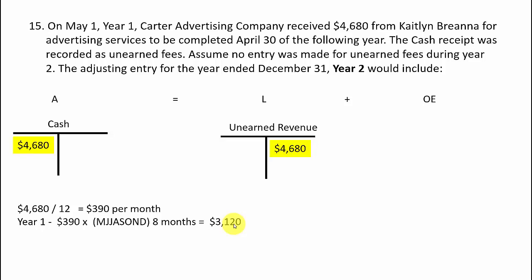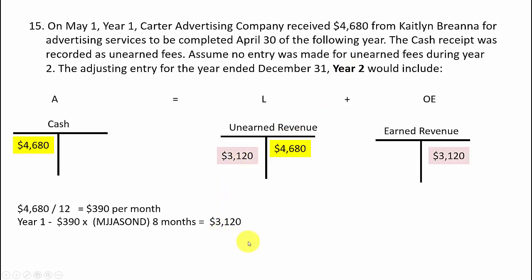Now, we're not answering this question yet, but at the end of the first year, we have earned $31.20 of this $46.80. So let's show that, because it's normal to show that at the end of each year. We will reduce this liability by $31.20, and we will show earned revenue of $31.20. That's the adjusting entry for the end of year 1. The question doesn't want that. The question wants, what's the adjusting entry at the end of year 2? Well, the end of year 2,